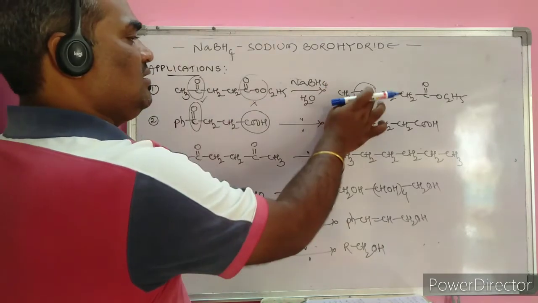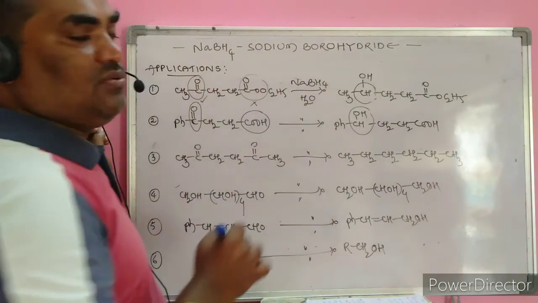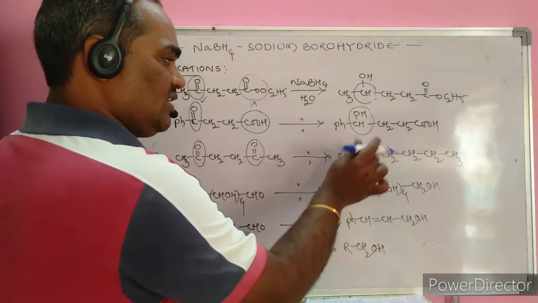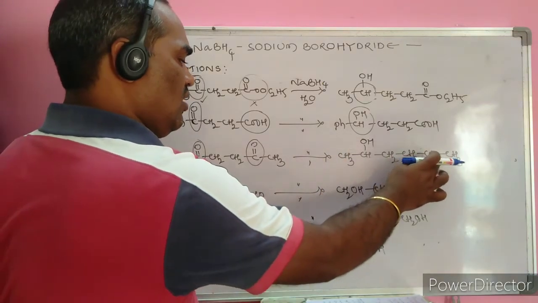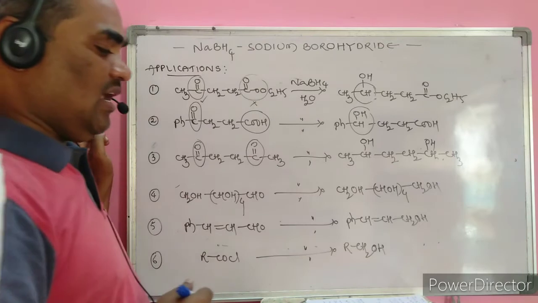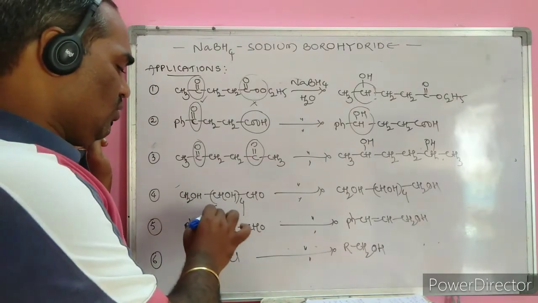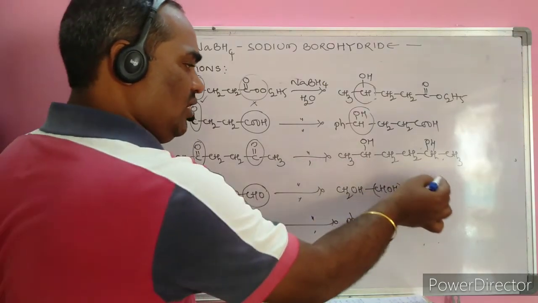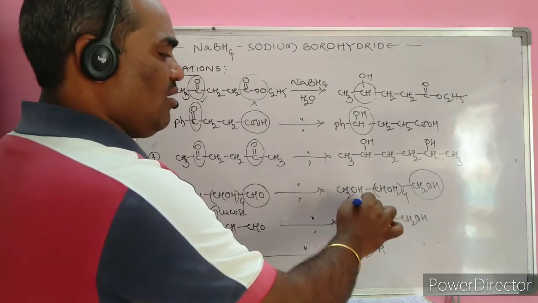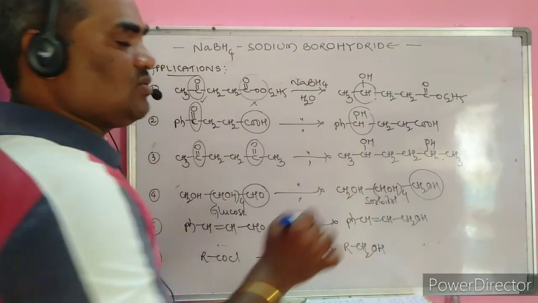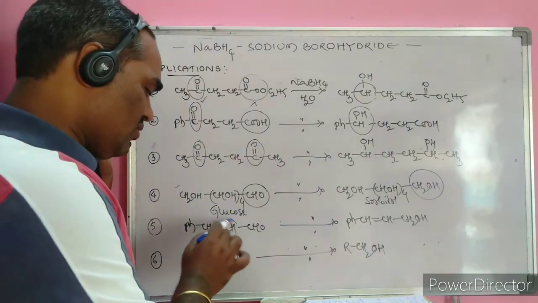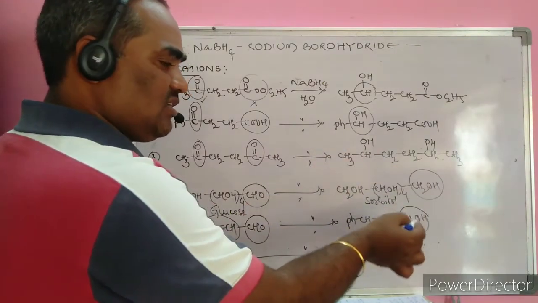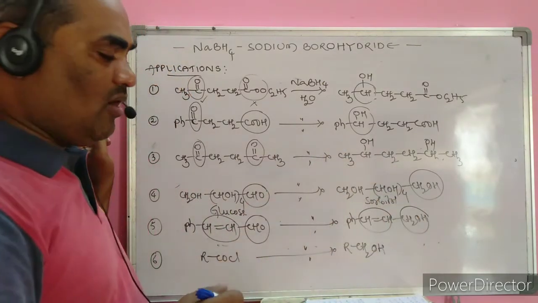Here the ketone is given, and it only gets reduced to the secondary alcohol. Here two ketonic groups are present, and those are selectively converted into their respective alcohols, the secondary alcohols. Here the glucose molecule is given; on reduction, only the aldehyde group gets reduced into primary alcohol, and the formed product is called sorbitol, or also mannitol. Here is the important one: the reducible group, unsaturation, is there, and aldehyde is there, but only the aldehyde gets reduced to the primary alcohol, while the double bond remains as it is.